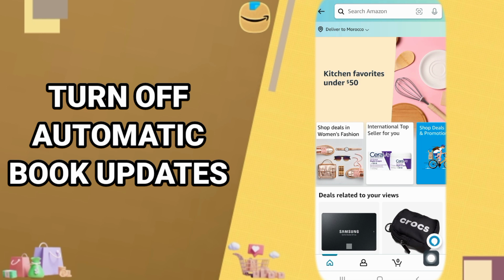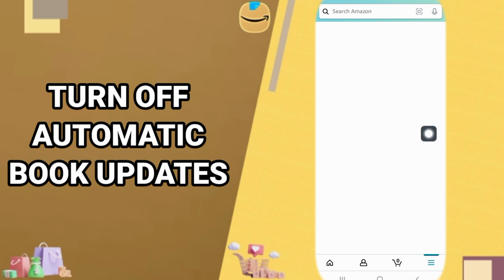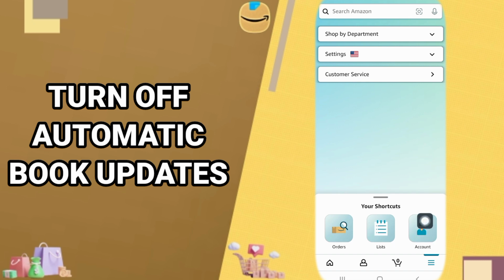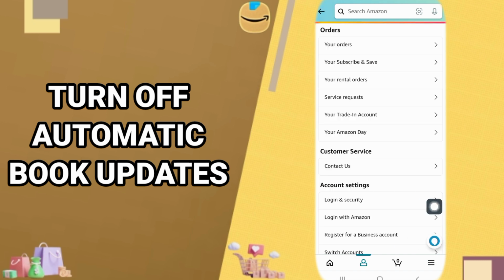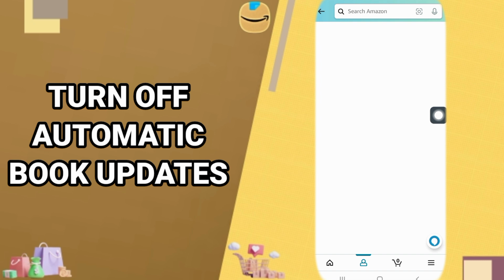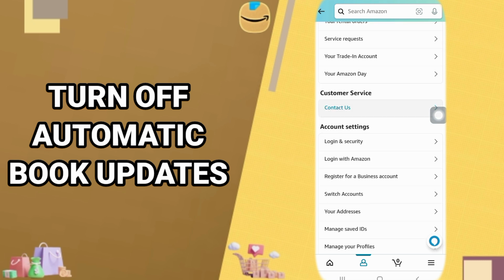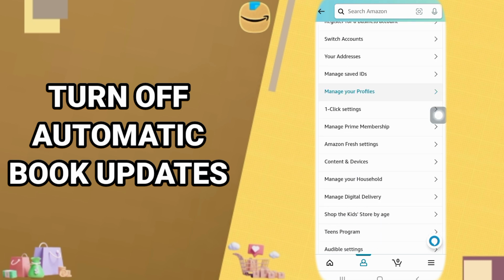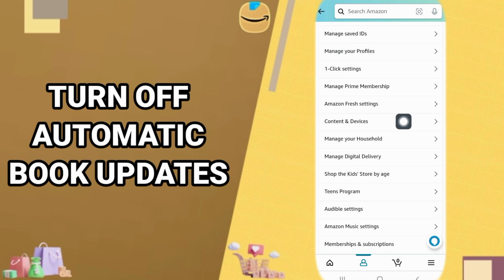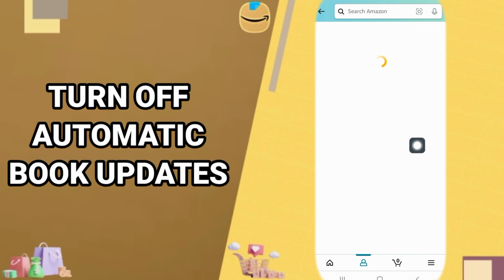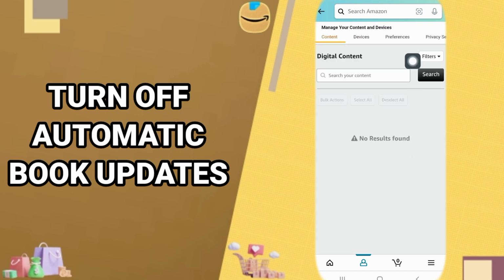Just go down here, you click here on down, then it's going to take you to the next window here. You just wait for it to open like this. You click here on account, then it's going to take you to the next window here, and you just go down here. So you keep going and you come here to content interfaces, then it's going to take you to the next window here. Then when it shows up like this, you go up, you click here